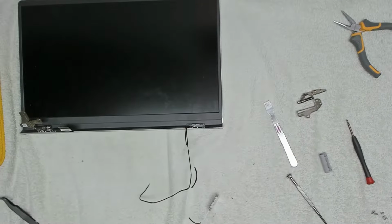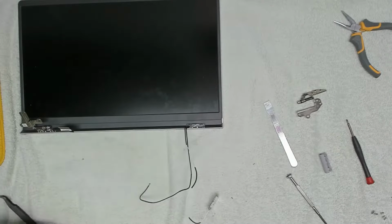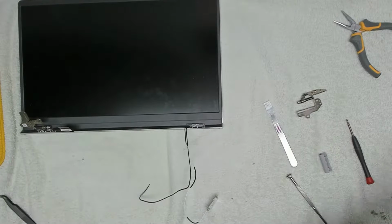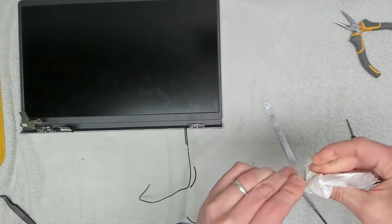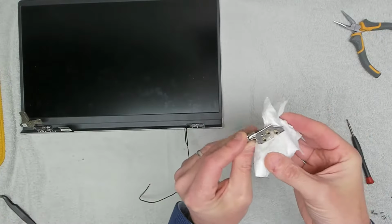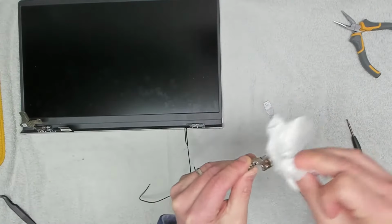Now what I use to give this a clean is I'm going to take a little bit of isopropyl alcohol on a cloth, and I'm going to clean the metal hinge, and I'm going to clean the plastic under there so that it is free of grease. We're just going to give that a wipe around all of that hinge assembly to make sure that that is free from grease, because we're going to actually, it's not a bodge job, but we are going to glue it